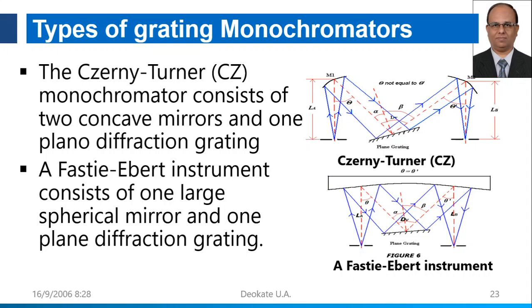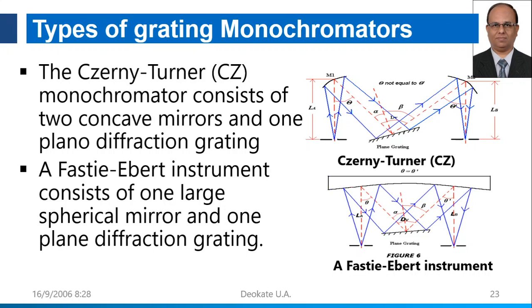Again, we will see certain types of gratings. Many types of grating instruments are there. The name is funny: Czerny-Turner. If you see a C also, but it is silent. That is known as the Czerny-Turner instrument. In this instrument, same as what we studied in the principle, there is an entrance slit, then first a collimating lens or collimating mirror, then the dispersing grating, then a focusing lens or focusing mirror, and an exit slit. So this type of instrument is known as the Czerny-Turner instrument. They are commonly utilized.